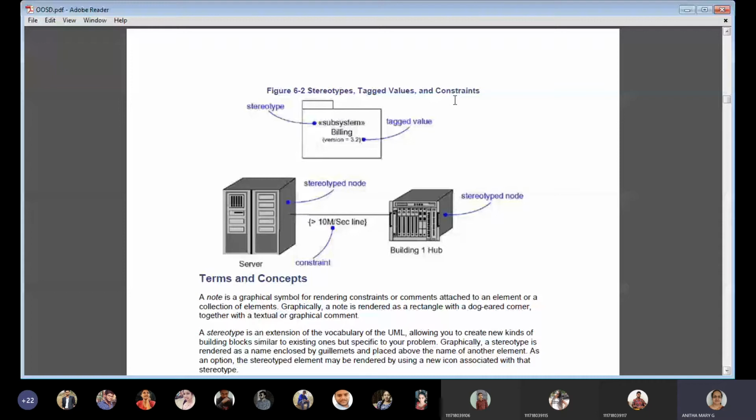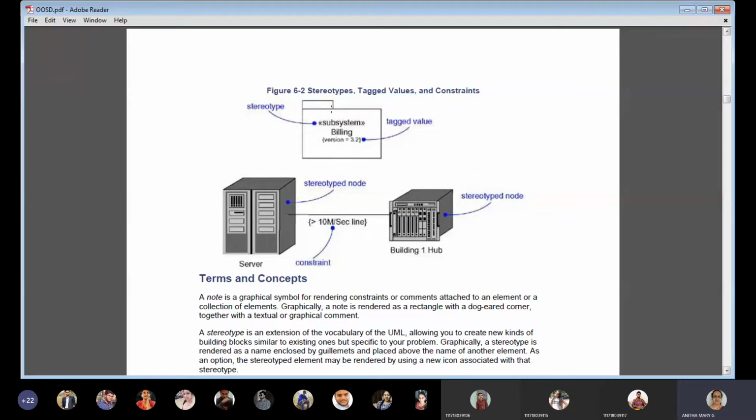A stereotype is something we give within the guillemets. It can be for anything, the stereotype, in order to give some new vocabulary. Mostly it will be for new classes or new packages, or in order to name them. So in such cases we use stereotypes. Okay. And tagged value, in order to show its properties, those properties can be shown in the flower braces.